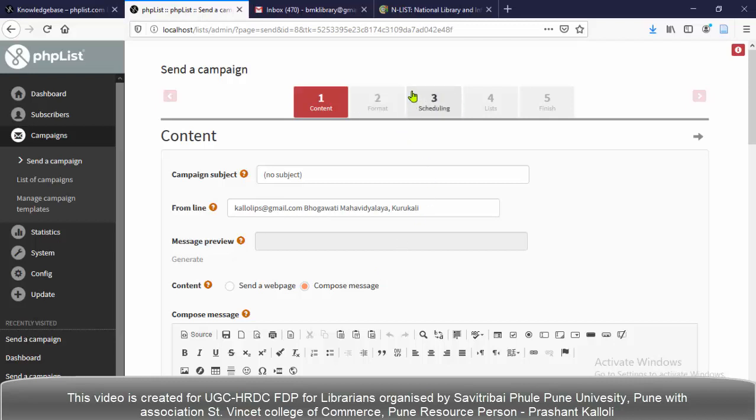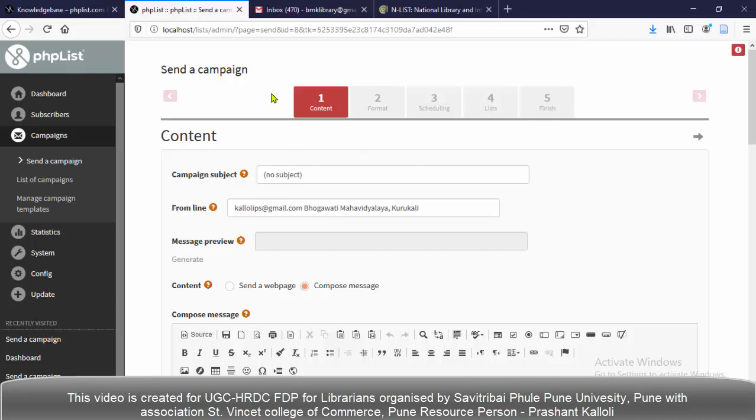This campaign page consists of 5 tabs: content, format, scheduling, list, and the fifth and last one, finish. So we have to go through these 5 tabs and complete our email campaign.